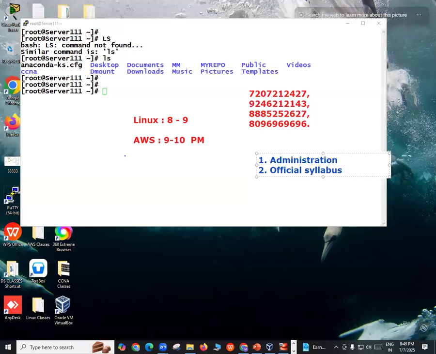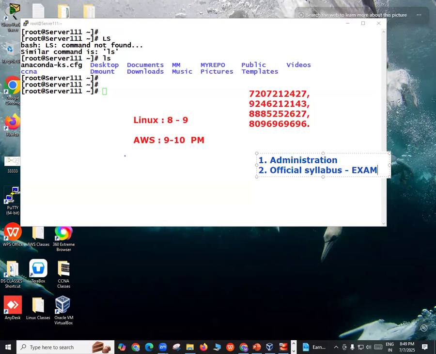No one will teach you the official course, or I can say in 90 to 95% of cases, you will not get the official course. You will get the administration course. So our course is actually the administration. Here we are preparing everyone to understand Linux server administration, face the interviews, get a job and work. This is the actual main motto of the course. Wherever you go, majorly it will be like this. But coming to the official syllabus, you should go with it when you're planning to go for your exam.